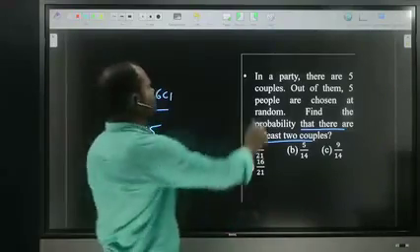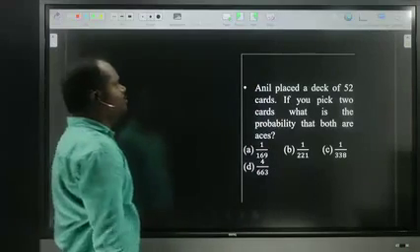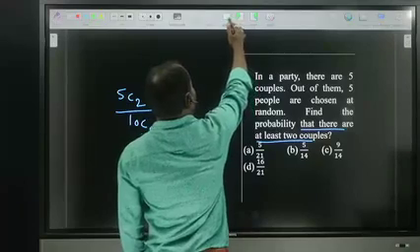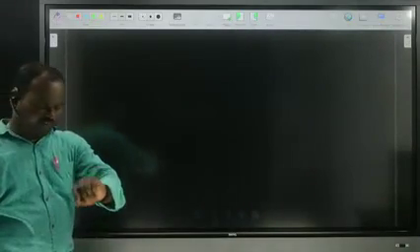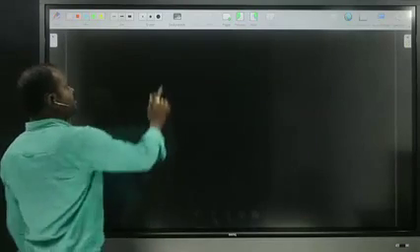Now, what is the next question? Before going to further examples, sometimes questions will be based on playing cards also. Playing cards. So in general, in playing cards,